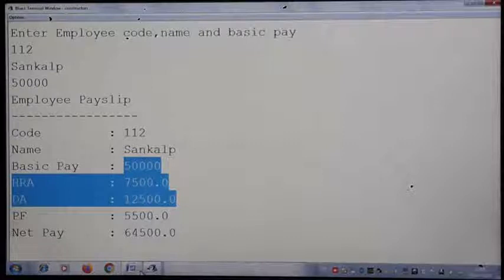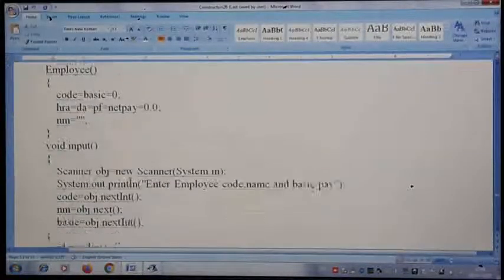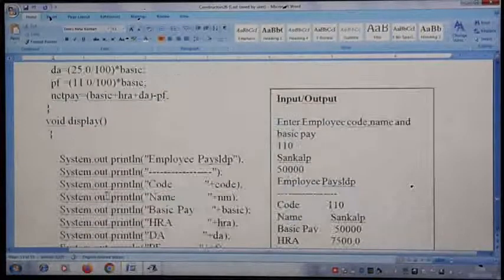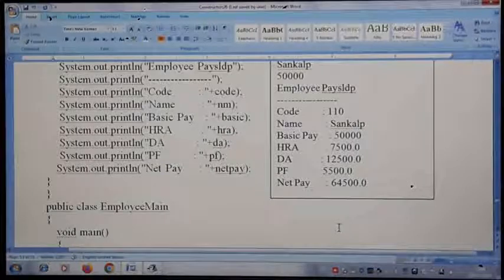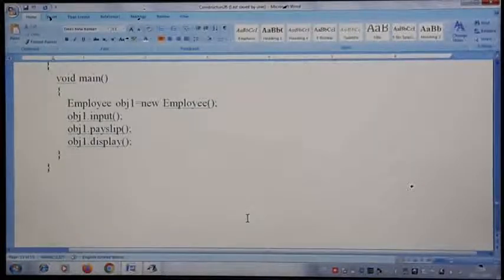The same thing I am going to give you in the notes. When I send you notes, the same program with the input and output I have given there. You can take a printout, then start writing all these things in your classwork. Along with that, as I told you, the same variety of question in the board examination you will get as one 15 marks question. So easily you can score the marks.